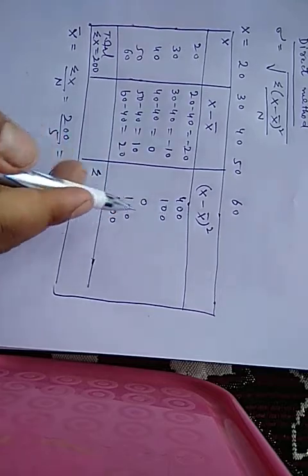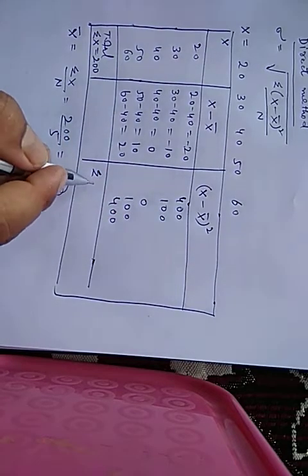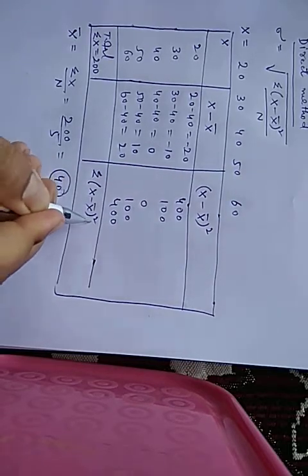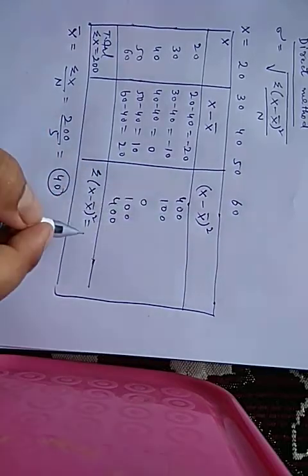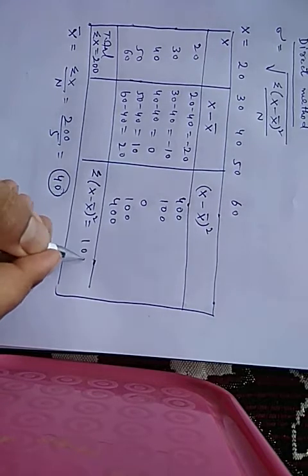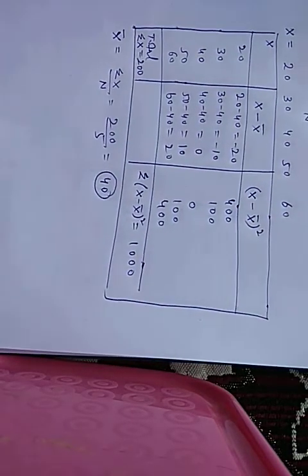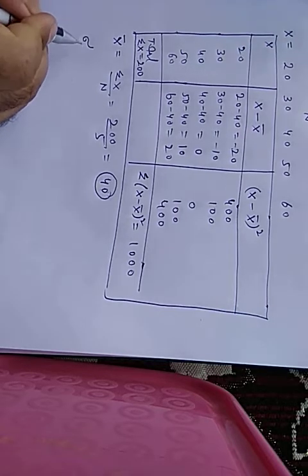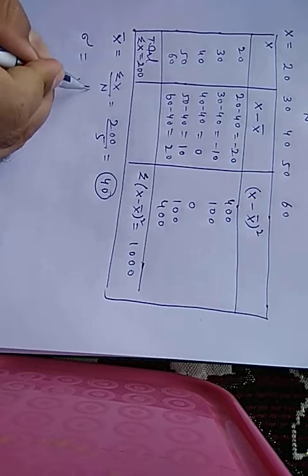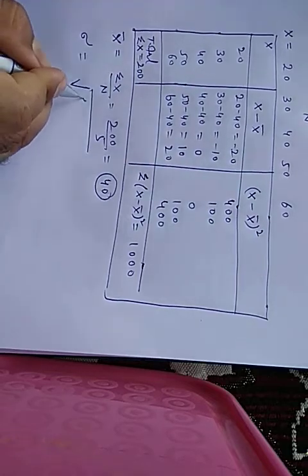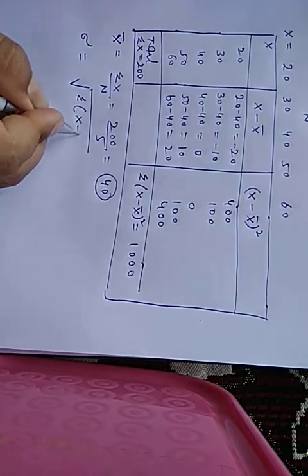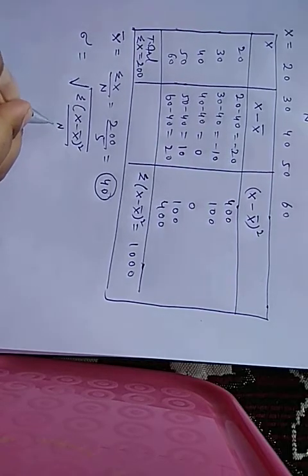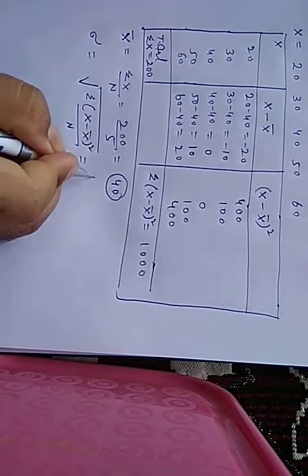And summation of these values will be equal to 1000. Now therefore the value of standard deviation will be equal to under root of sigma (x minus x bar) whole square divided by n. It will be equal to